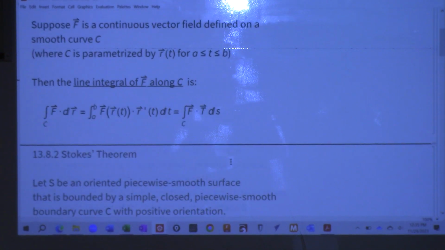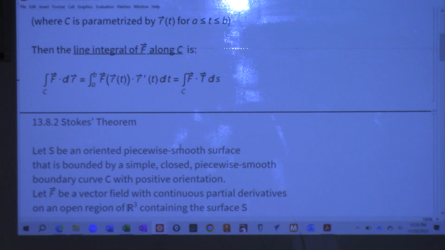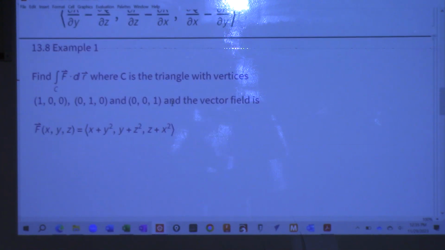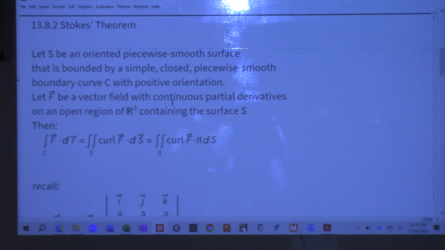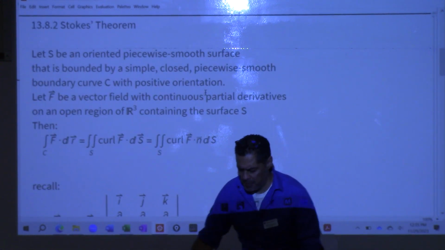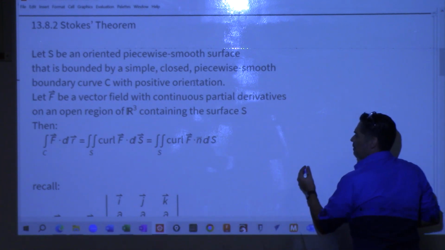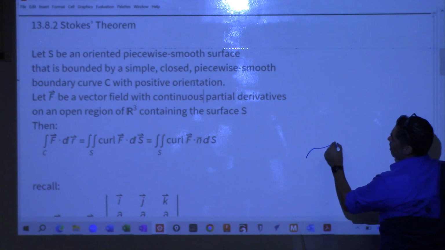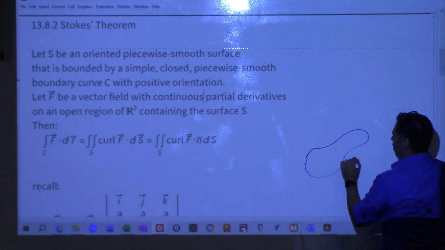What Stokes' theorem does is, you remember this integral? I know it's been a while, but do you remember that integral right there? It's work. It's work along the curve, right? So what Stokes' theorem says is that if you have a curve, it's got to be closed. If you have a curve C,